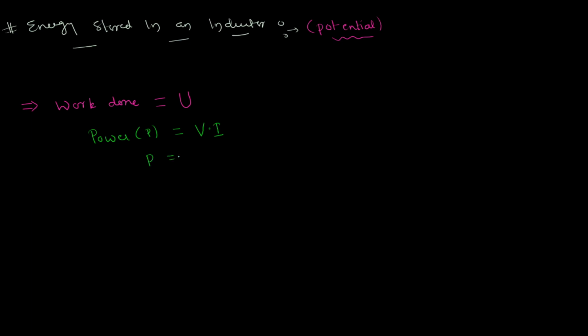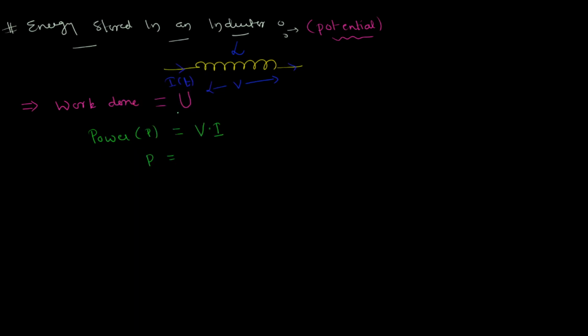And V, what is this potential going to be across? The V that I'm talking about over here is the V across an inductor, right? So you have your current I in it, which is changing with respect to time, but I'll be just using I itself. I'll not be writing I of t every time. Anyway, so you have an inductor of inductance L. The potential difference across this inductance, let's say, is V. I'm trying to find the potential energy stored in this at a given situation. Yeah, let's get back to this.